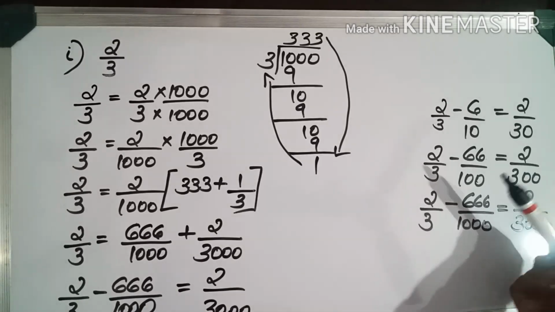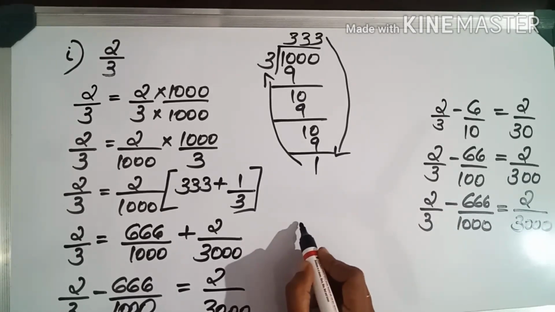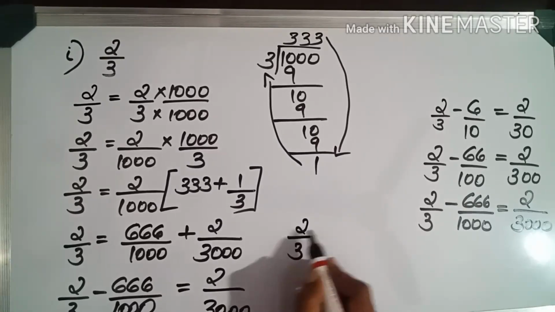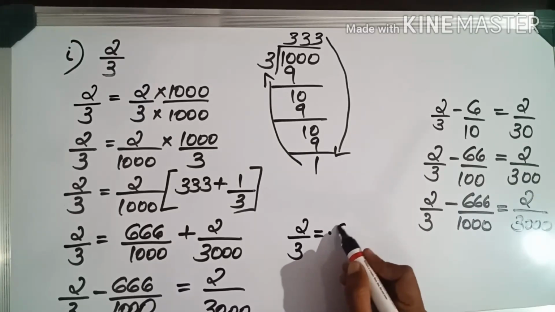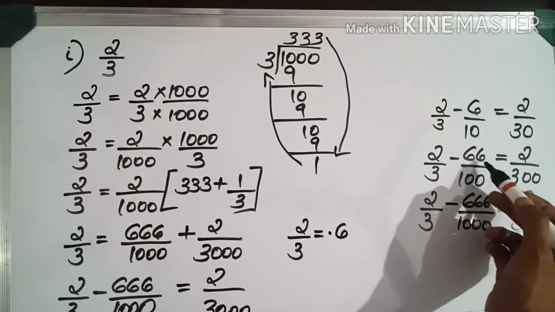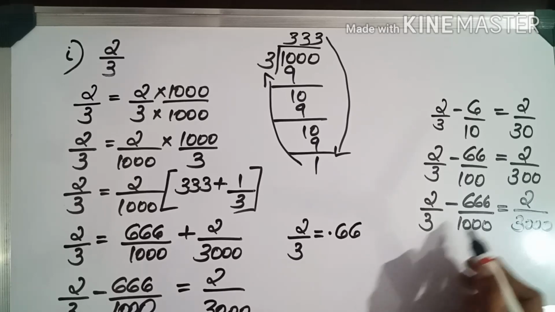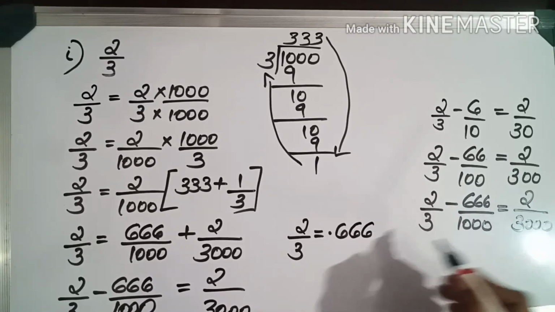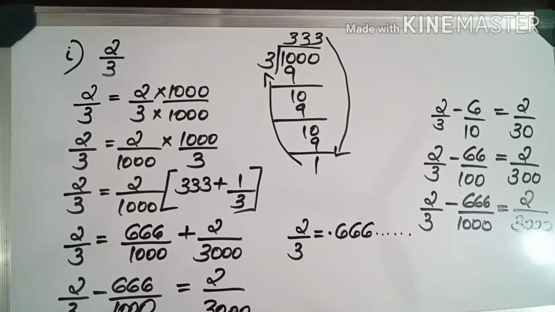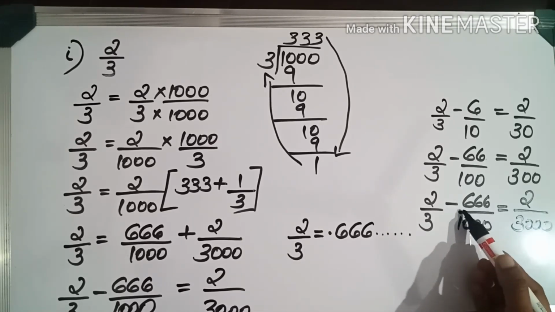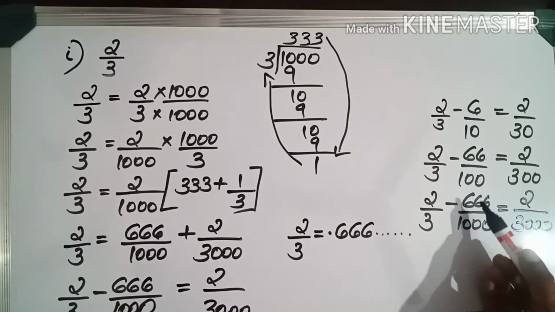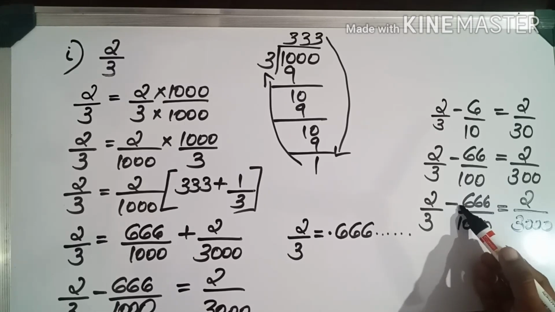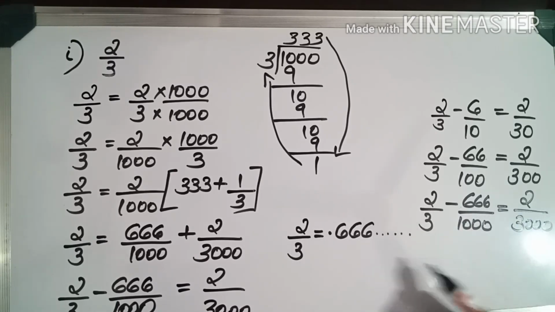So here we can write the decimal form of 2 by 3 like this. 2 by 3 equal to, first 6 by 10, that is 0.6. For the next it will be 0.66, then again 0.666. This will continue like this. That means the decimal form of 2 by 3 is 0.666 etcetera. Because 3 zeros here, for the third one, 1, 2, 3, that means 0.666 continuing.